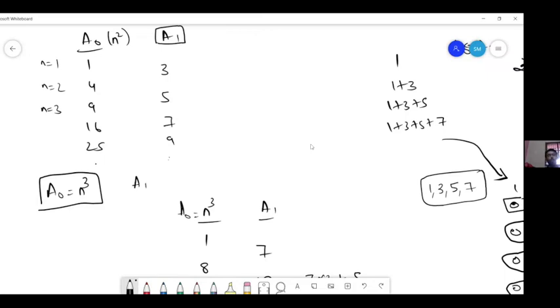What would be an approach for this? A1 will be 2n plus 1. Exactly, yes. Madhu ma'am has answered, and yes, because it is the difference between two consecutive squares. So 2n plus 1 it is.